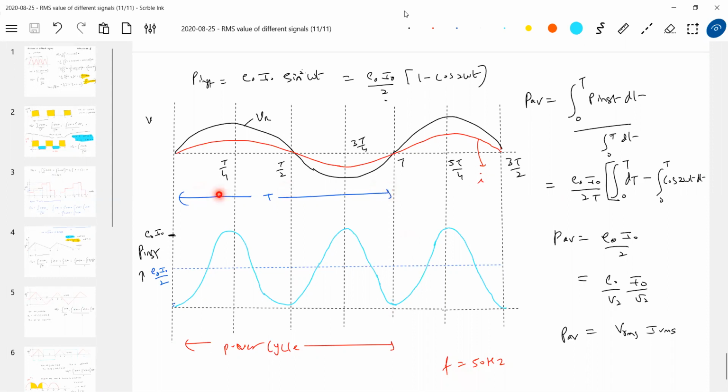In the 20 milliseconds, what actually happens? The power dissipated, the brightness of the bulb, will increase, become maximum, decrease, become zero, again become maximum, again decrease. Twice it attains maximum. We don't see this. And in 1 second, 100 such cycles will be repeated. Therefore, we feel as if it is constant power. Almost you can say the brightness is almost constant. We don't see that variation of brightness here.